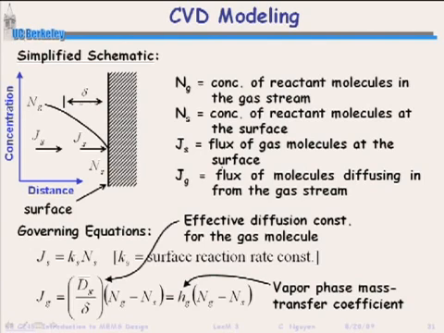I can define a diffusion constant like this as well, just like I did for oxidation. In the end, we can call that a vapor phase mass transfer coefficient. It has to do with diffusion. I have a surface reaction rate as well, exact same equation that I had for oxidation. K sub S, which is some constant times the concentration at the surface. And now just a little bit of math, and you end up with this equation right here for the growth